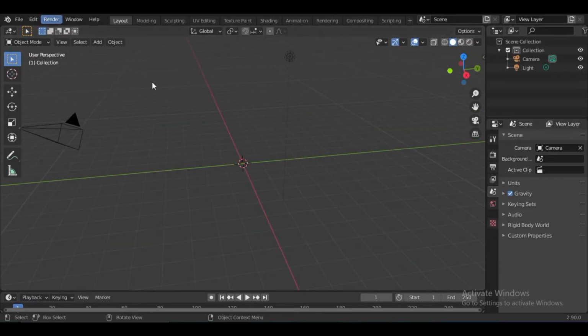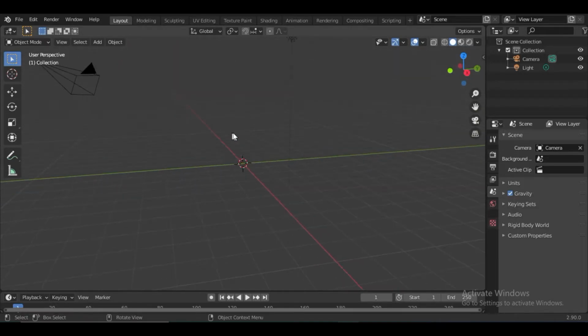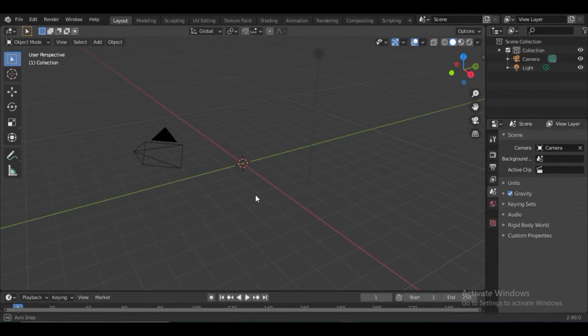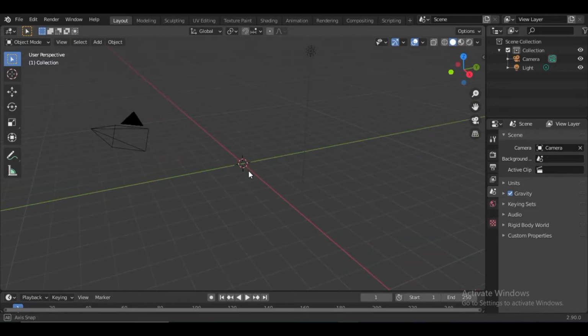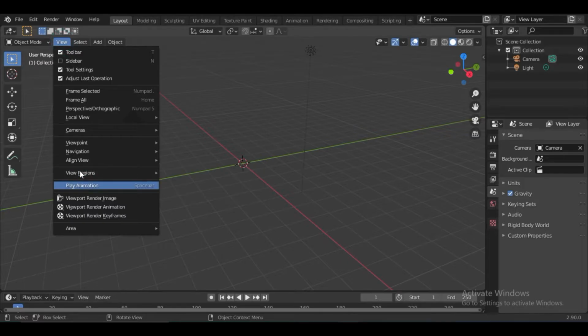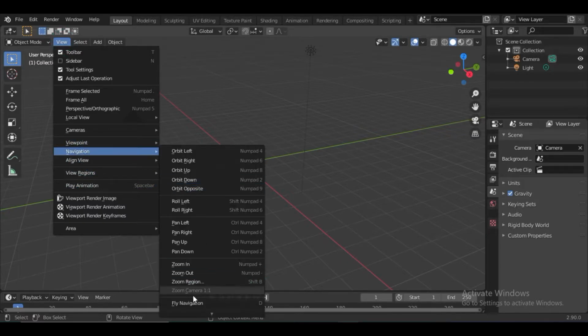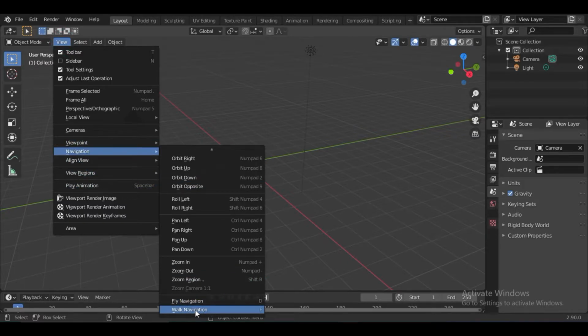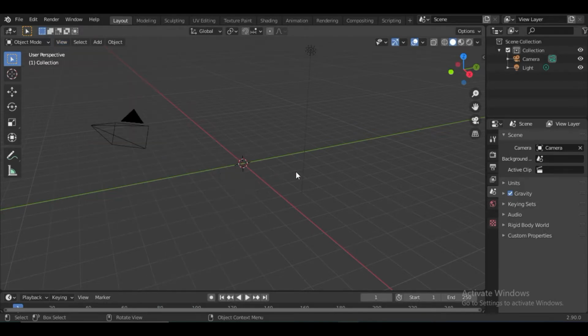And the second way is walk navigation, which most of the people use, and it's better than this one because you can't really do what you want with this. Like your focus, it will stay the same on the middle point. So in order to get the walk navigation, you want to go to view, then navigation, and scroll down a little until you see walk navigation, and then right click and click change shortcut, and now press any key, F.